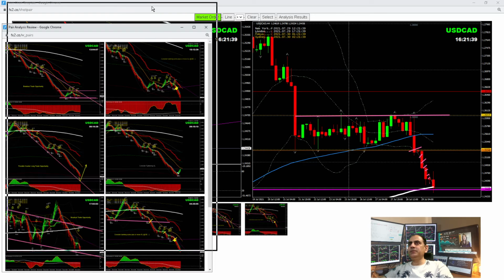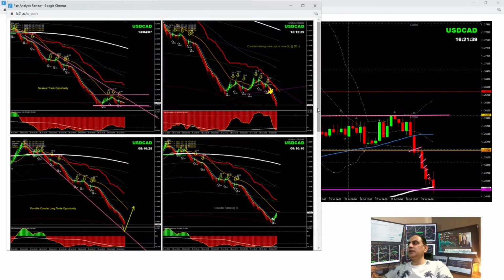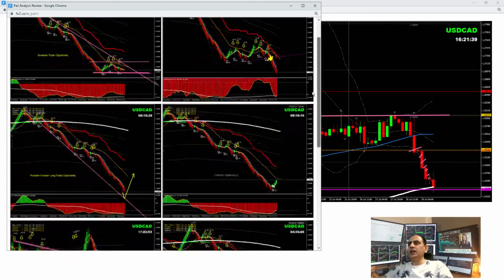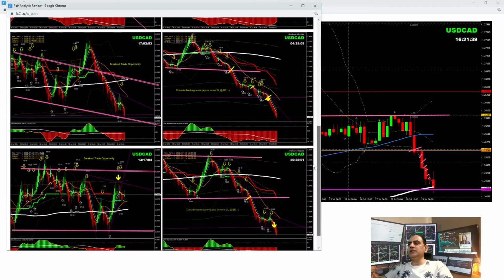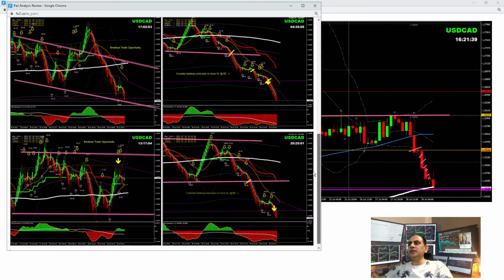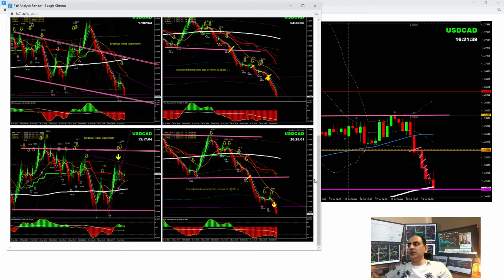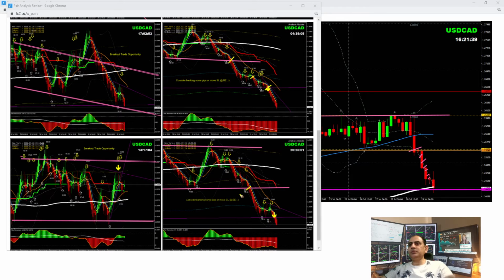If you look here on dollar CAD, this is the analysis I did at the New York session. I did 2 analyses for my traders just to help them to bank some profit. You can see here, this was the straightforward breakout, pullback, and I also updated this analysis from a different angle. As you can see here, breakout, afterwards breakout, pullback. So we will keep taking a pullback short trade here as soon as the price breaks the major structure in